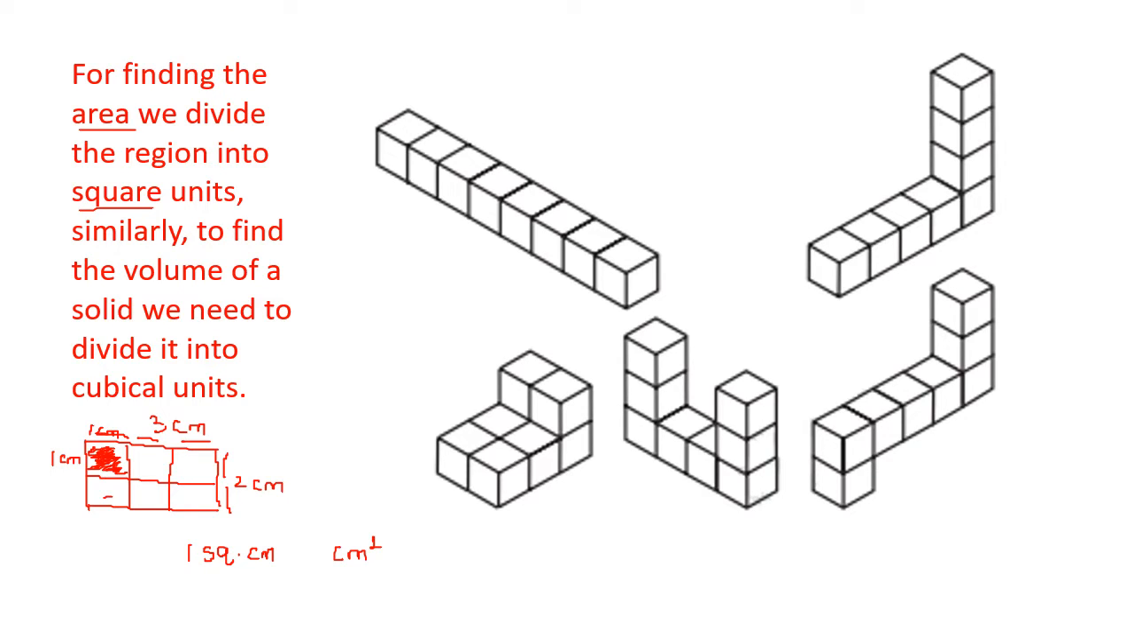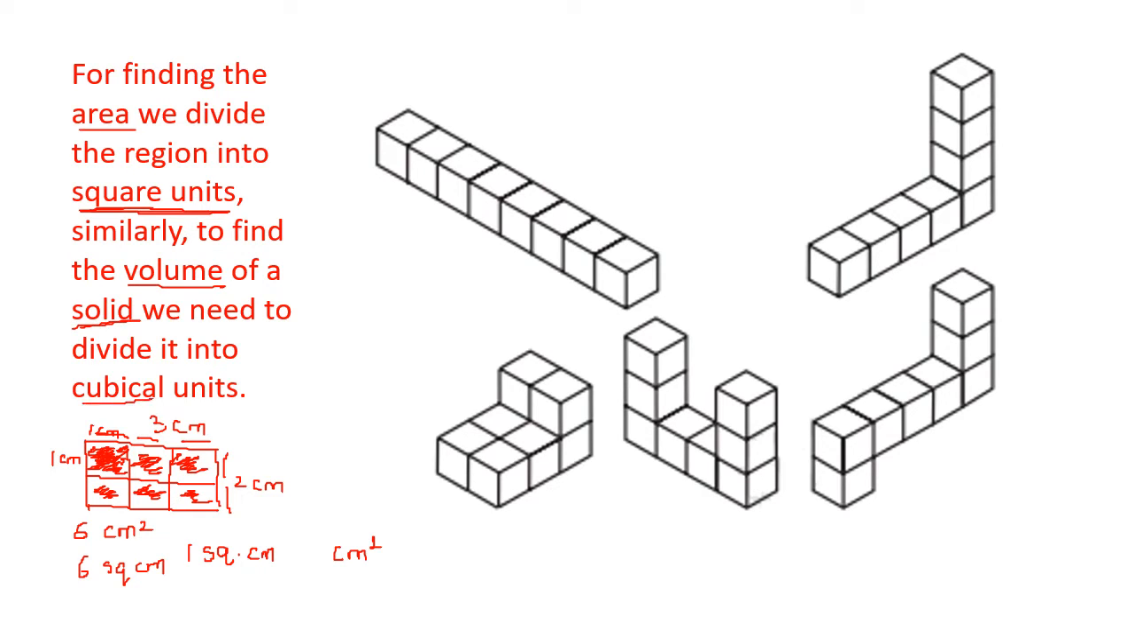Now I find out how many such squares can be enclosed in the space. So I've got 1, 2, 3, 4, 5 and 6. So there are total 6 squares of 1 centimeter each. So I write 6 centimeter square or 6 square centimeter. So to find the area, we had divided the region into square units to find out how many squares fit in a particular area. So in the same way, to find the volume of a solid, we need to divide